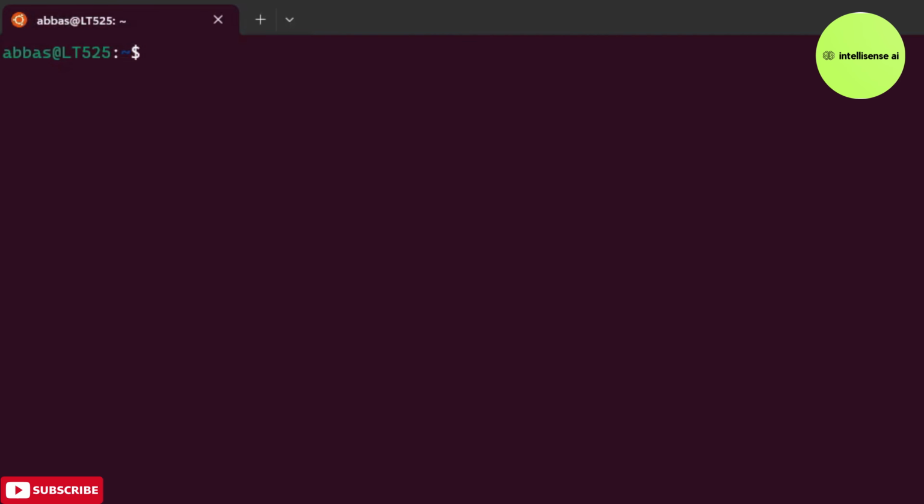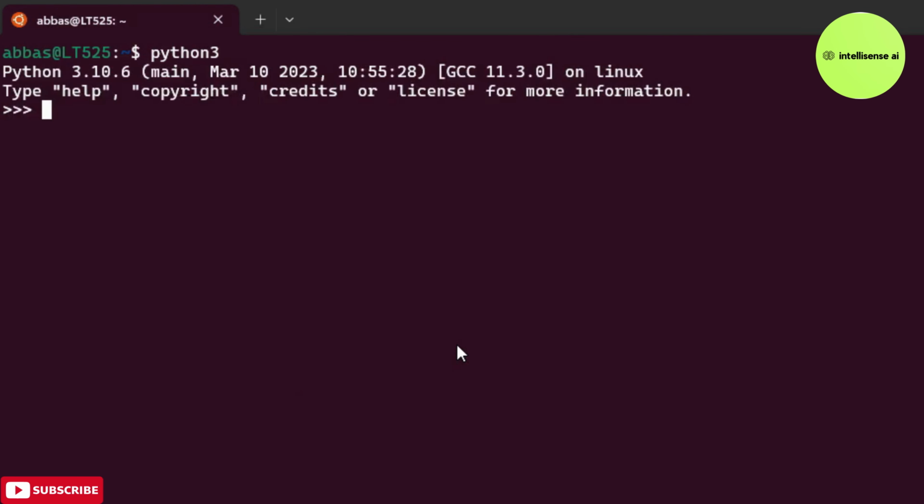Let's break down the more complex programs in a single line piece of code. Here is the first program, transpose a matrix. So I'm going to type Python 3. In that I have a matrix, and in that matrix I have another array: 1, 2, 3